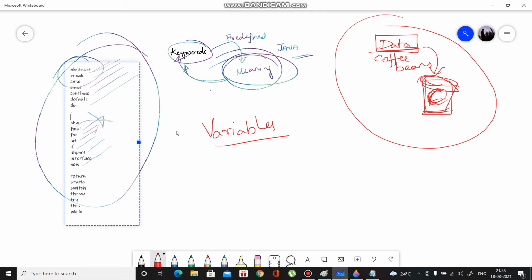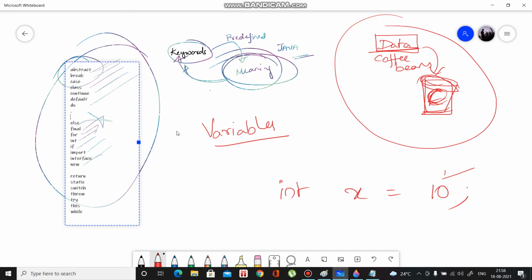To store the data you need a variable, like a container to store it. In the same way, data is stored in variables. A variable is a named memory location which holds some value, like int x equal to 10.